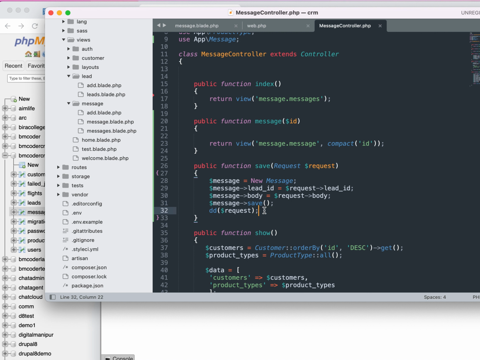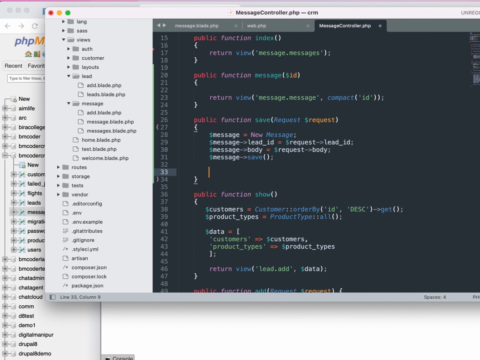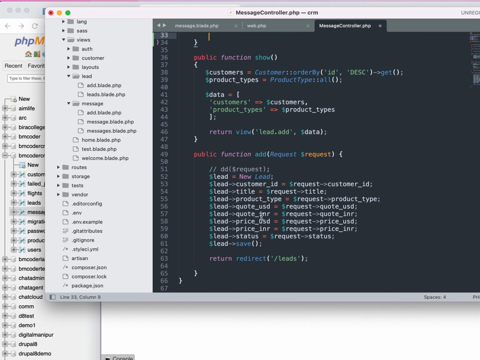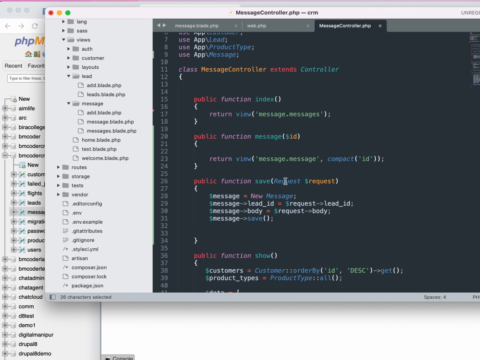Now what should we do next? What should happen when message is saved? The best thing is, for example, if somebody is entering a message, then it should redirect. Now where it should redirect, we have already used return redirect function, correct? Over here, oh, why is this redirecting to leads? Because we are using this lead in the message. See,